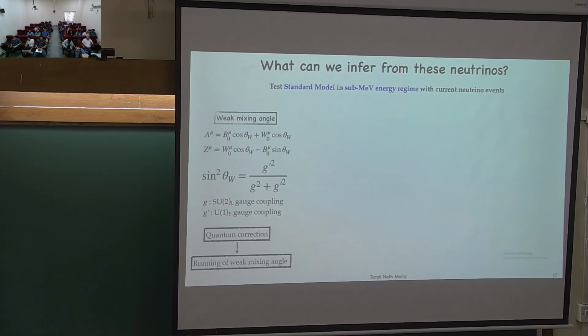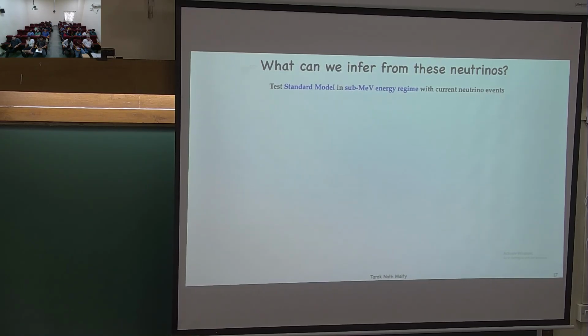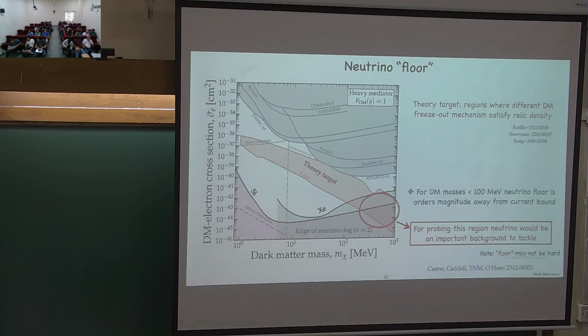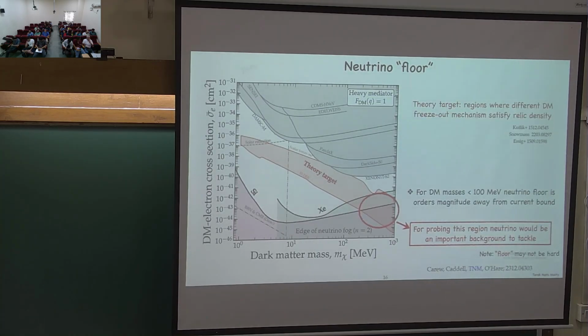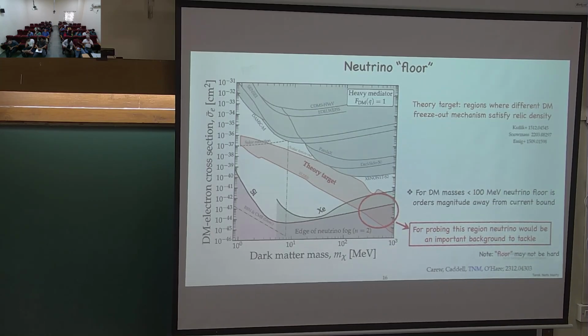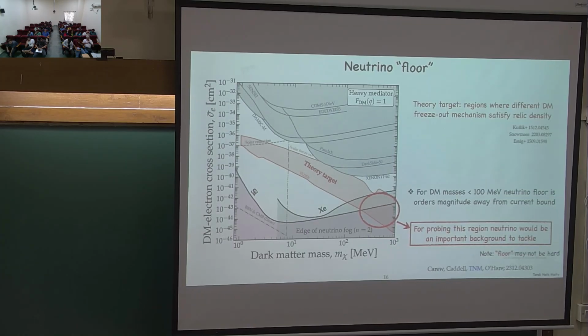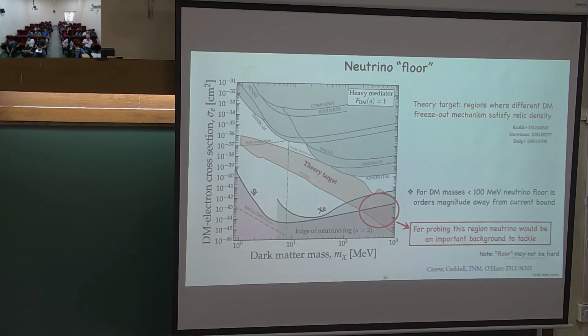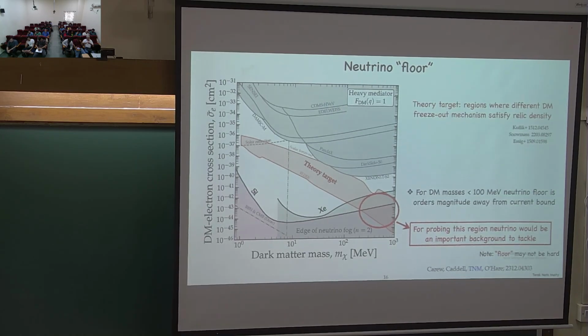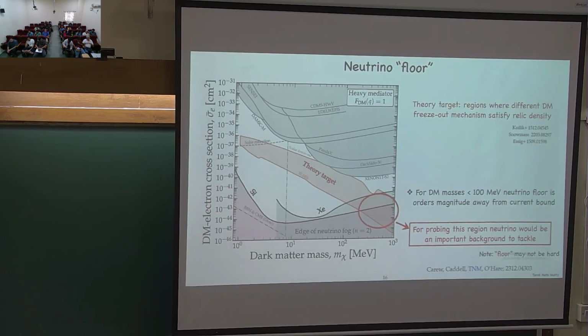Can I understand this completely? So your claim is that for the neutrino floor, all the background can be understood just from solar neutrinos? Yeah, all the backgrounds are coming from solar neutrinos, nothing else. The neutrino floor essentially consists of solar neutrinos, and now if you can detect them, you are done. If you can understand them better, then you can probably get rid of that. But understanding that requires the exposure, which is probably impractical.